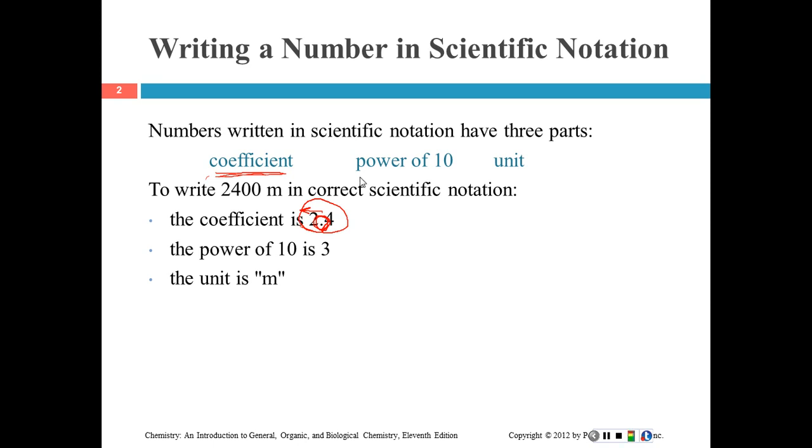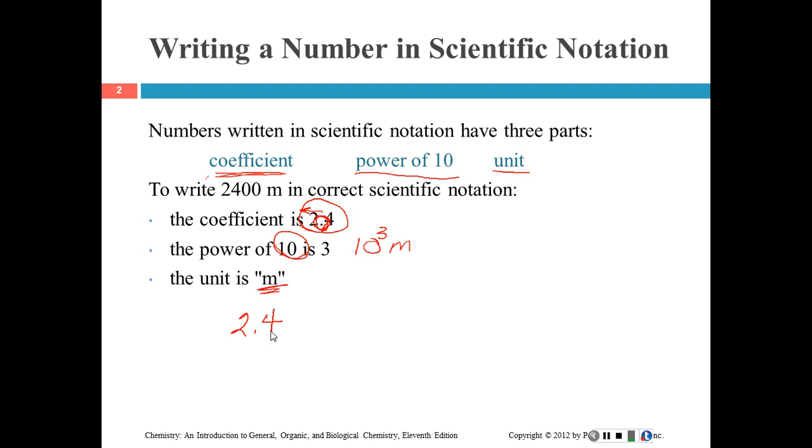Also, there will be a power of 10, and so it will be 10 raised to something. So if the power of 10 is 3, it's going to be 10 raised to the 3rd power. And then finally, there's going to be a unit. The units are those units of measure that we talked about in section 3, M, which would stand for meters. So if we have 2,400 meters, the way that we would write that in scientific notation would be